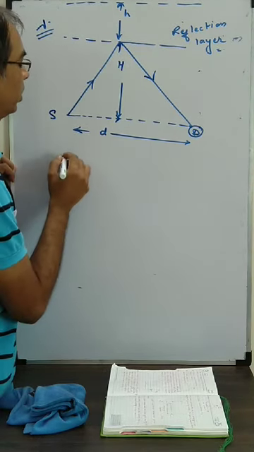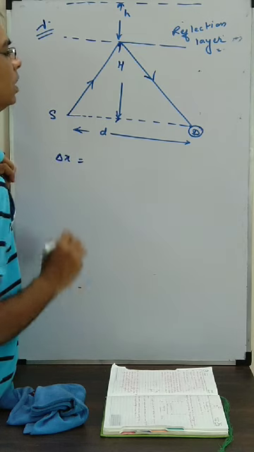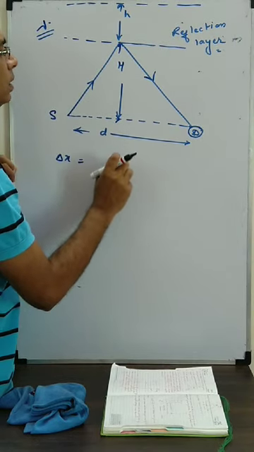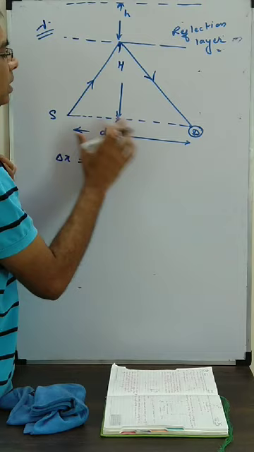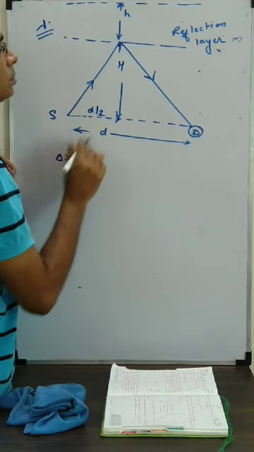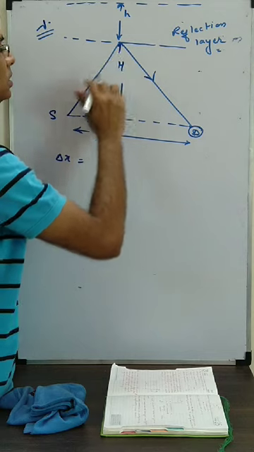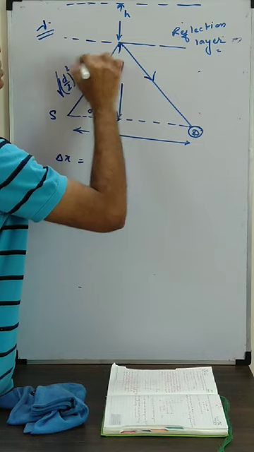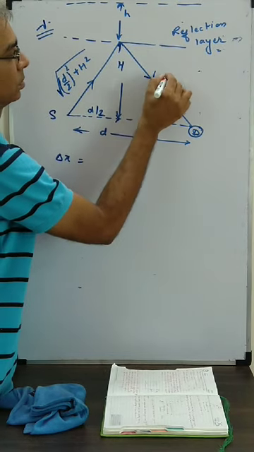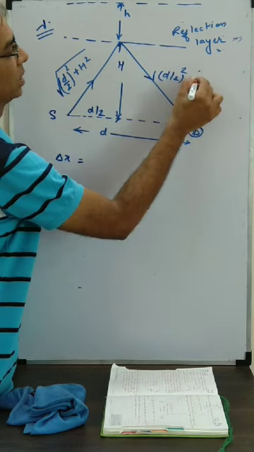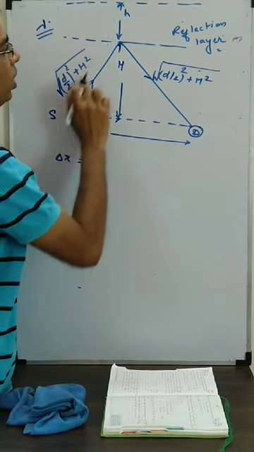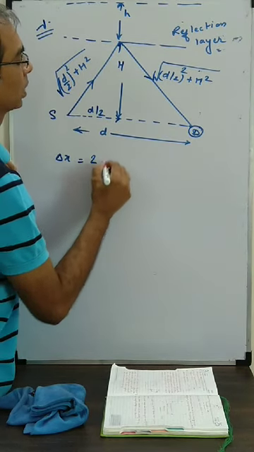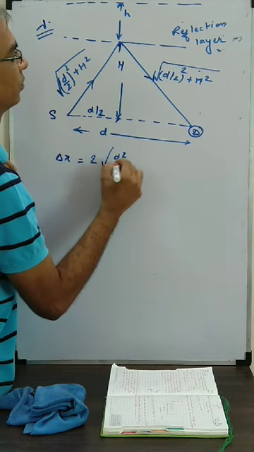In that case, I am calculating delta x to start with. Now delta x is what? The distance traveled by this wave and getting reflected. Now you see, if this is D, then I can say this is D by 2, and this is given H. So what is this distance? This distance we can write as D by 2 whole square plus H square. Same here also, D by 2 whole square plus H square. So this wave, how much distance is traveled? This plus this. So delta x, I write, 2 root over D by 2 whole square, meaning D square by 4